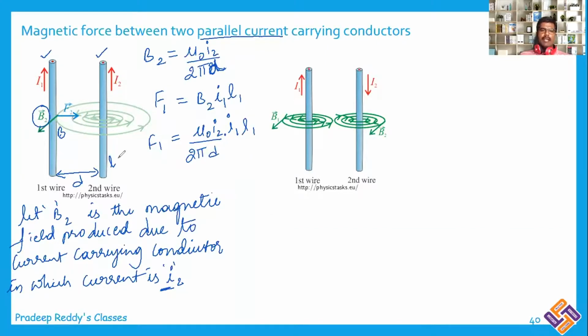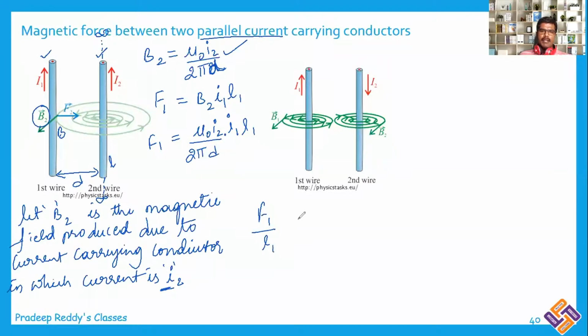Okay. So as I am taking the second conductor as an infinite current carrying conductor, you take B2 equal to mu naught I2 divided by 2 pi D. If the second conductor has some finite length, in such cases you need to take the magnetic field equation B equal to mu naught I divided by 4 pi A into sine theta 1 plus sine theta 2. But here the second conductor is infinite, that's why I am taking the mu naught I divided by 2 pi r form. Now F1 can be written as